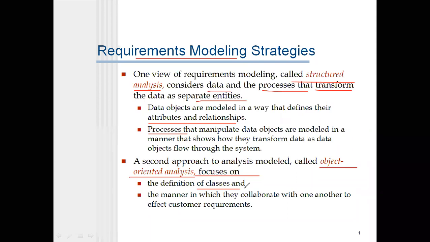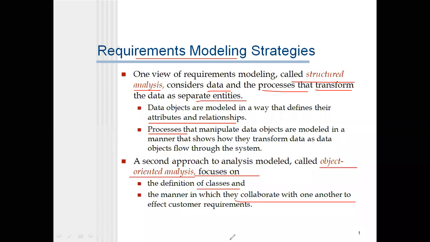So if you want to model this kind of object oriented modeling, we are in need of some classes here, and the manner in which they collaborate with one another: how the classes collaborate, what the relationship is between two classes, how they are related with one another.